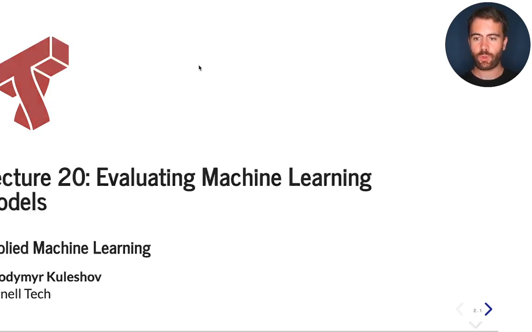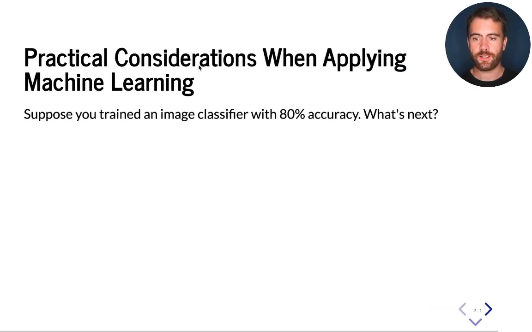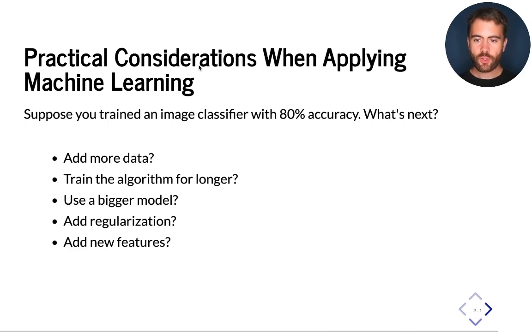As a motivation for what we're going to look at, consider the following example. Suppose that you trained an image classifier on a data set, and now you have reached a point where you have 80% accuracy. What do you do next? You could try to further improve the accuracy by adding more data to the algorithm. Or you could look at whether the algorithm is being properly optimized, and you could try to train the algorithm for longer. You could try to use a bigger model, a smaller model, you could regularize, you could add features. These are all kinds of design decisions and improvements that you could make in order to try to